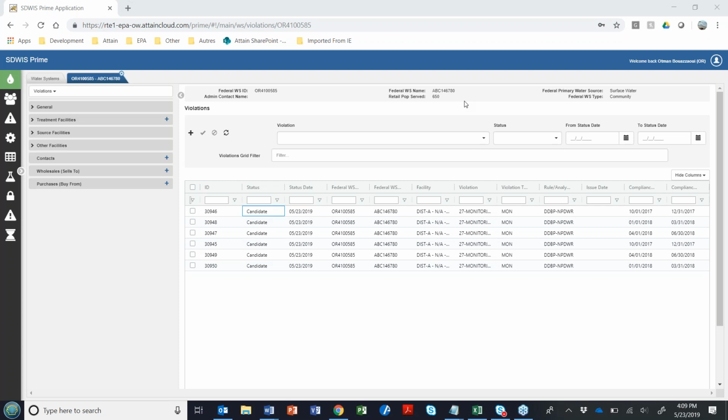Next question. Will this cause violations to be generated because of operator error? If so, will those violations be able to be deleted? So operator error, of course, I'm not sure what you might be thinking of, but there would be no way for the software to know about that. So yes, it would create the candidate violation. And at that point, there are 2 possible things that could happen. One, you go ahead and validate the violation.